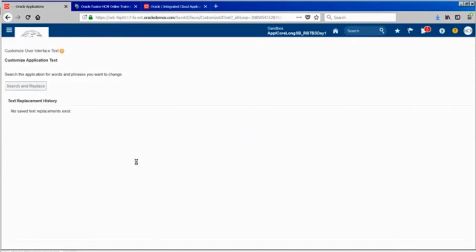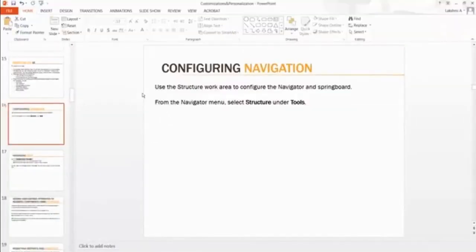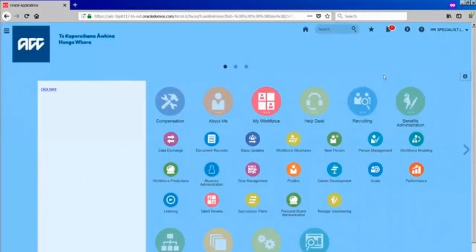Okay. Another important thing to note: whatever page customizations we do in the Fusion application, page level customizations, for that we use a tool called Page Composer. Page Composer is a tool which is used while I'm going to a different screen, a different application. So if you want to customize any page,